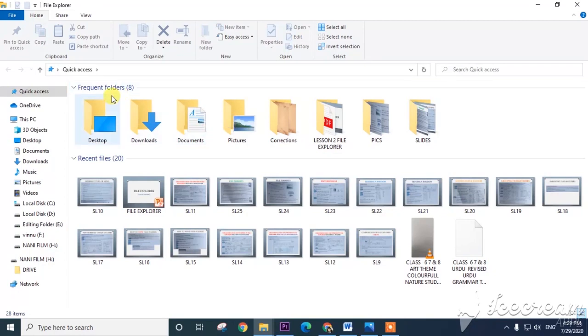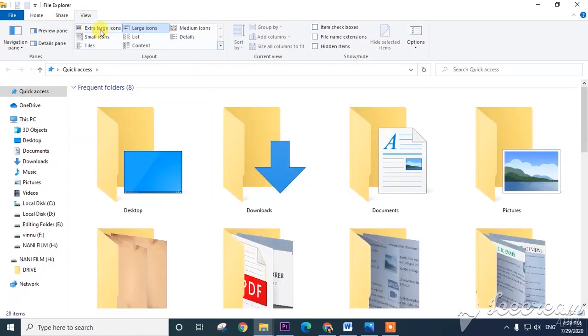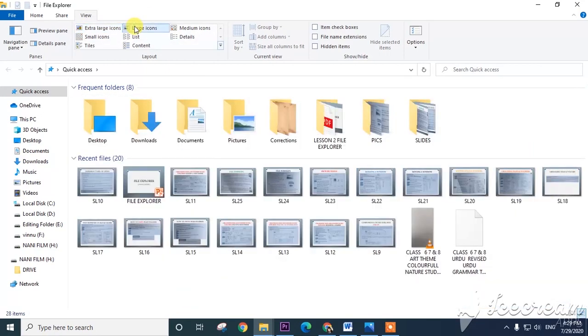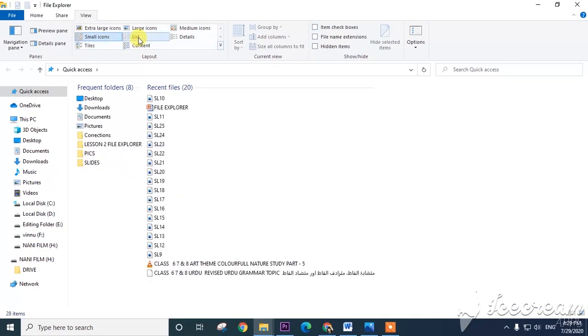Here we will see the icons. If I click on extra large icons in the view, the folder icons will be changed. See here. Now I will click on large icons. Now folders and files become large. Next medium, the size decreases. Small icons, then list, it is called list type.